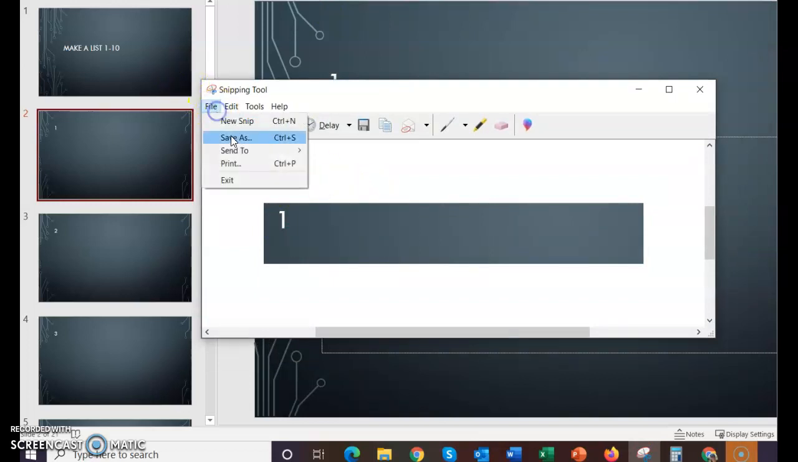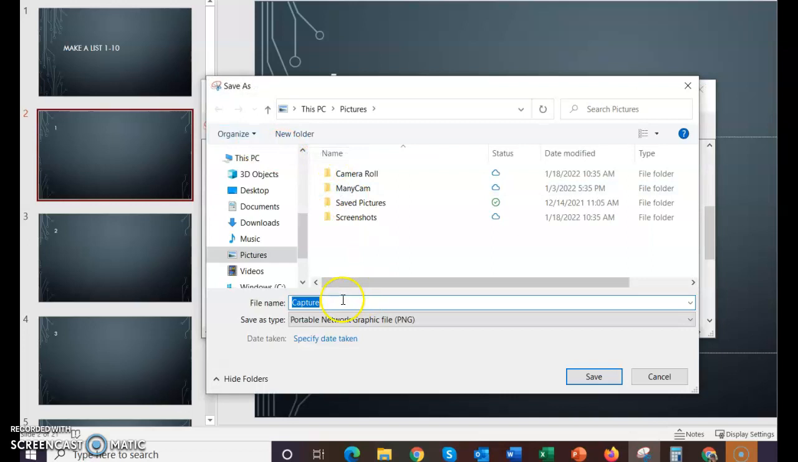Now, the other important thing is you need to save it. So make sure you save it into a folder or on your desktop, somewhere where you can find it, and name it. If you don't name it, then you're going to have a hard time finding it later. So if I just do capture, that doesn't really help. So you want to make sure that you name it,